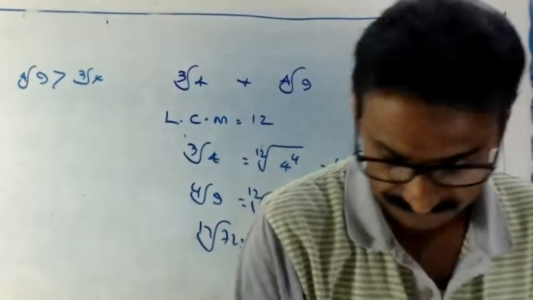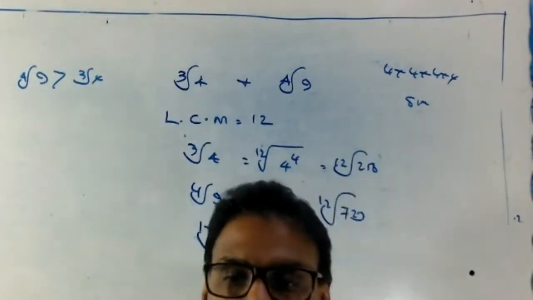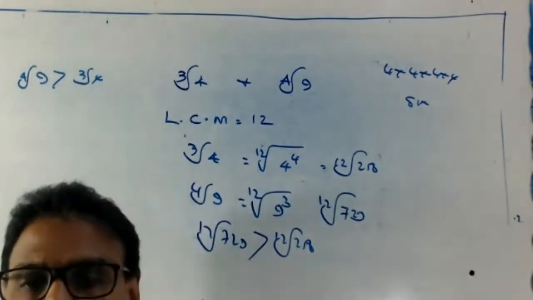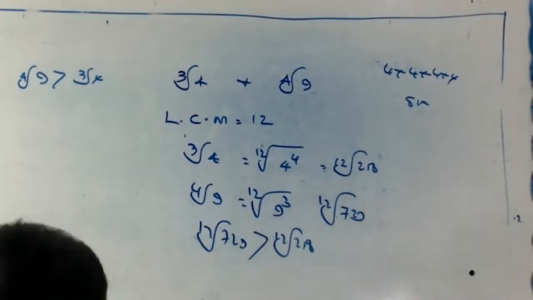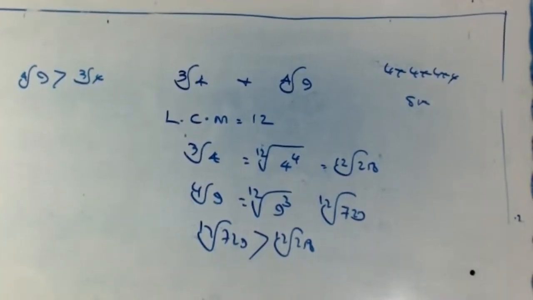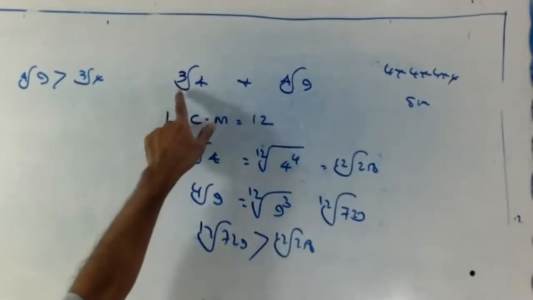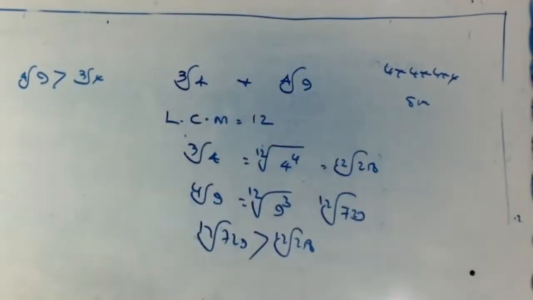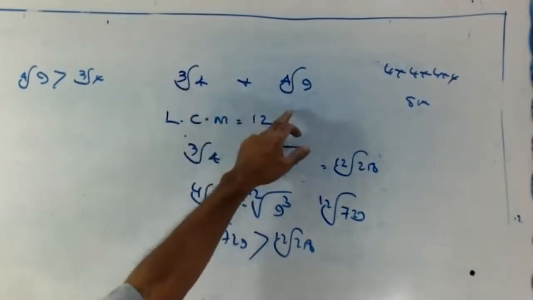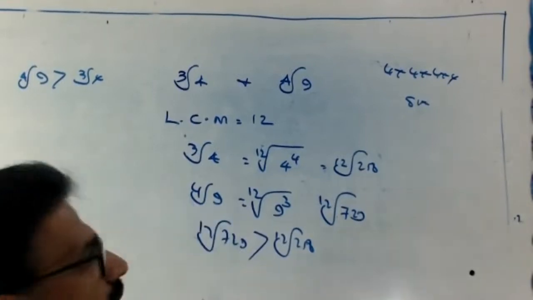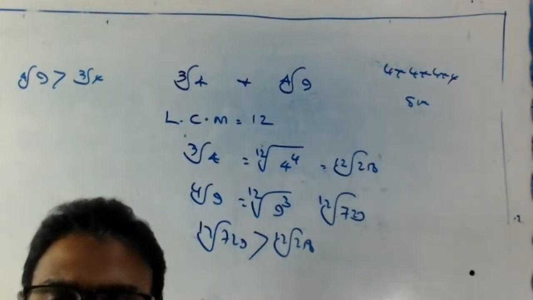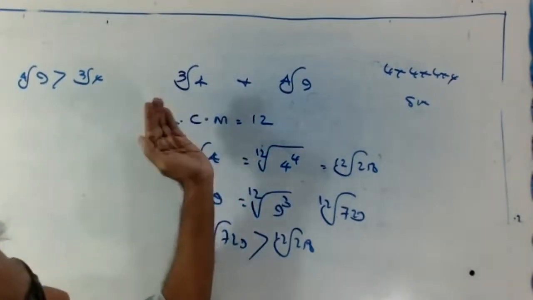You got an idea? Got an idea? Hello? Okay. So, I'll explain again. Look. Listen all again. Those not getting, listen here. Look. The question is, which is greater? Cube root of 4 and 4th root of 9. Okay. First you find the LCM of 3 and 4. First find the LCM of the question. Listen to the question here.